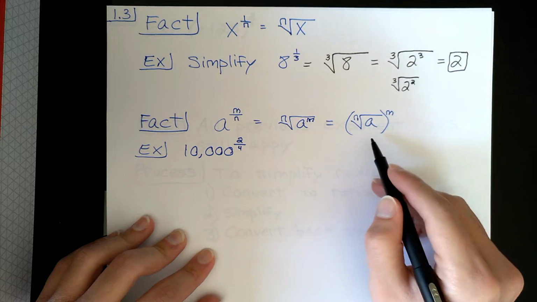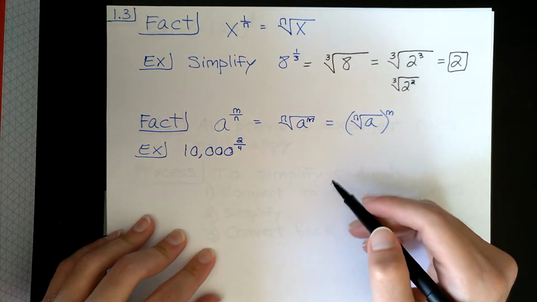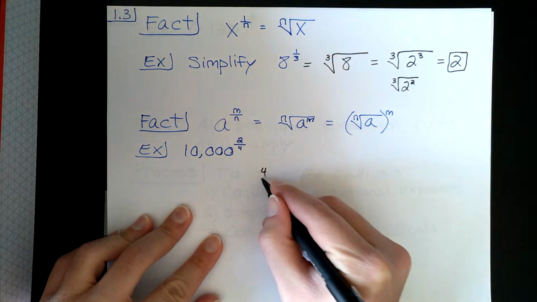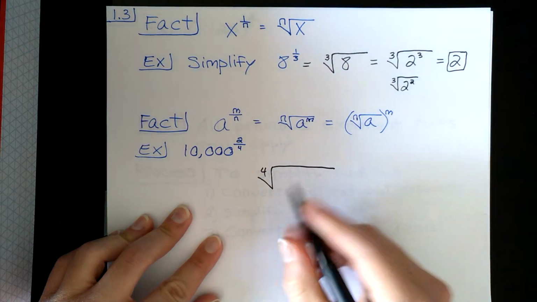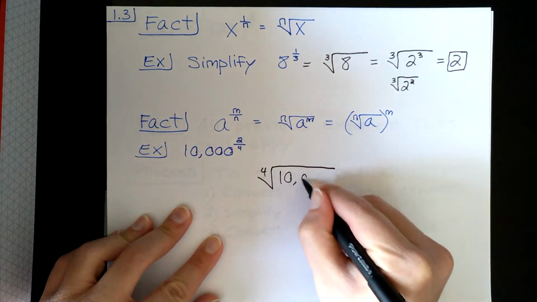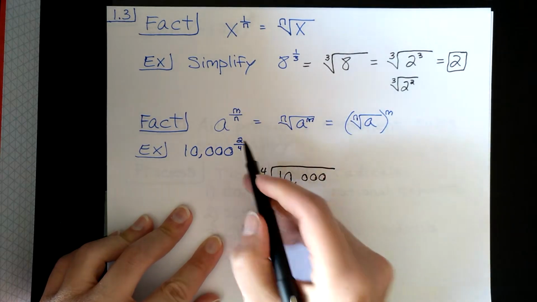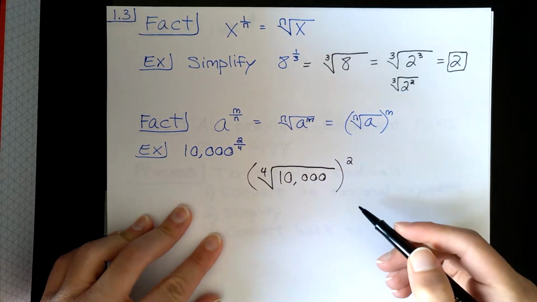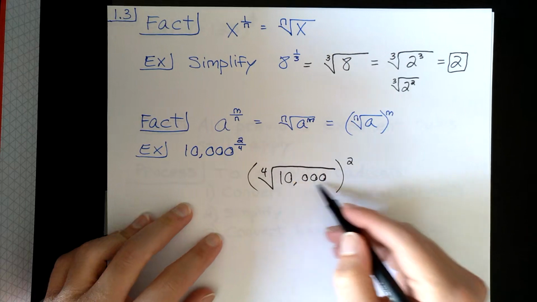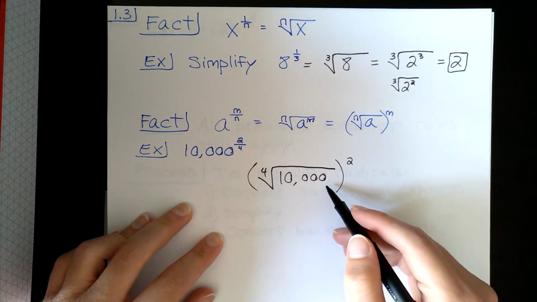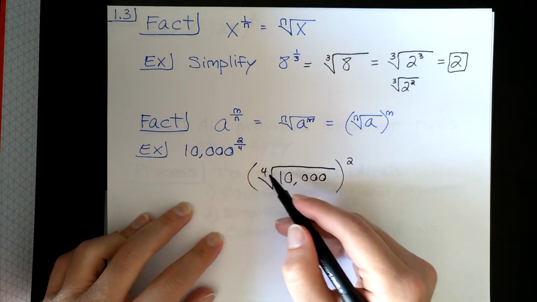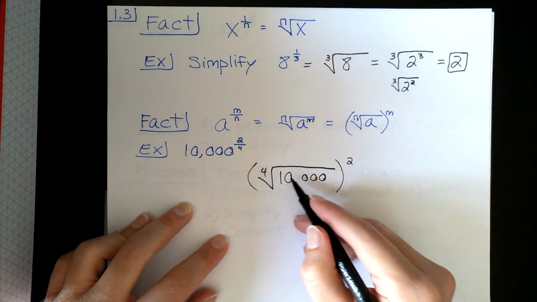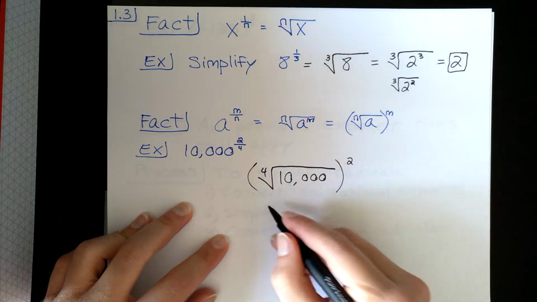Like I said, it's the most common one because it should typically be the first one that you go to. So we take our denominator, 4. We have the fourth root of 10,000. And that's all being raised to the numerator. We are squaring it. So can we rewrite 10,000 to some power of 4? Can we rewrite it as a base with some power of 4? Because if we can, then we can cancel this out. And if we take a look at 10,000,